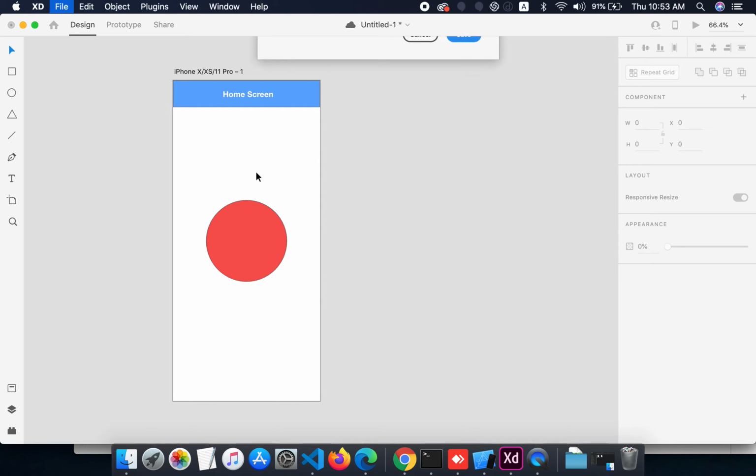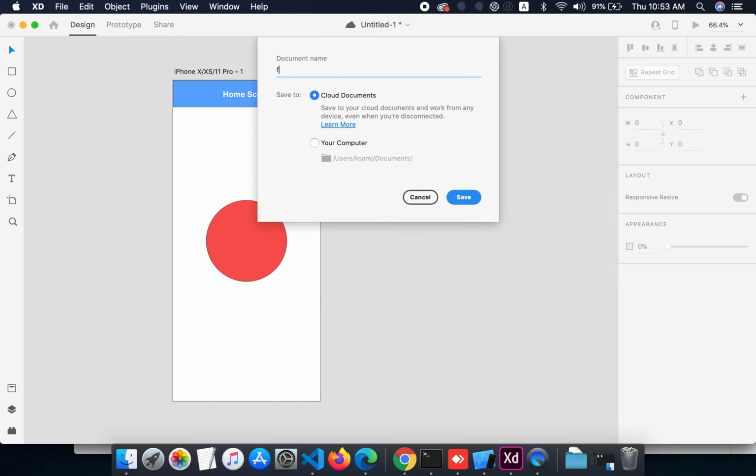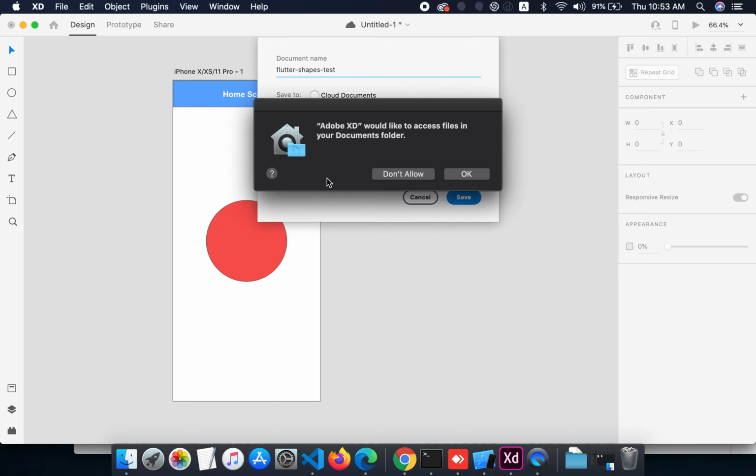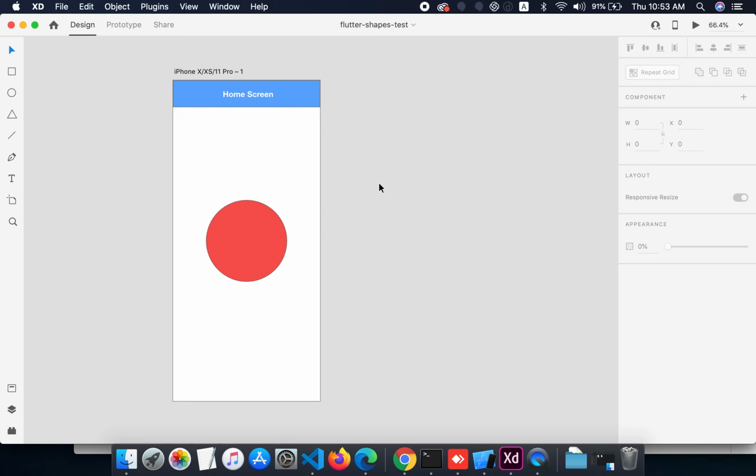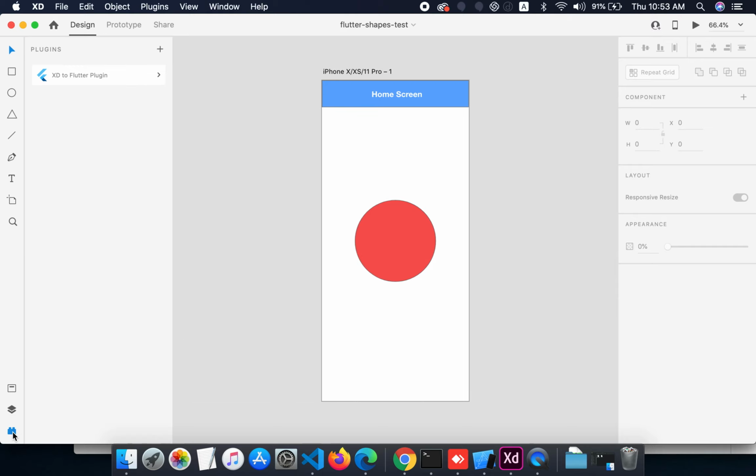So I will be saving that as a new file, like Flutter shapes. Let's make it Flutter shapes test. I will use my computer save. Okay, because this is not the first time. And now to export this to Flutter, I will export this like widgets to Flutter. I will go down to the plugin section, which is mentioned down. Here you will find the plugin installed, and the one I installed is the XD to Flutter